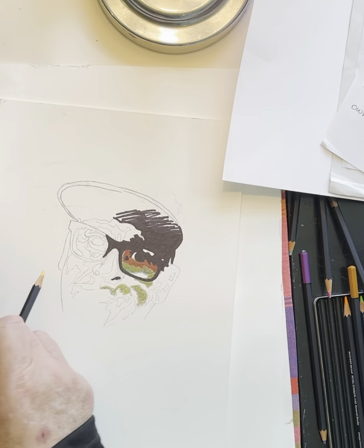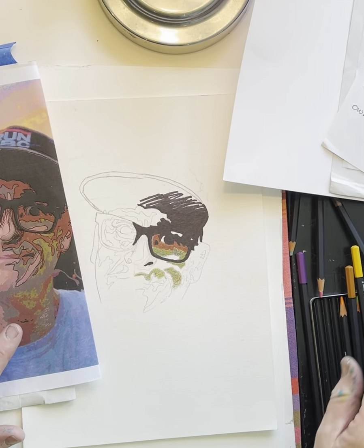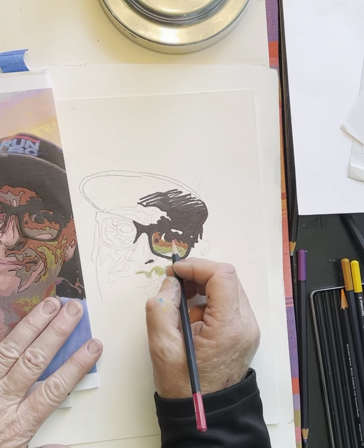I'm going to jump in here and try and make this pink now. And I'm going to do that with just putting this ever so lightly in there. The white colored pencil is missing from my set here, but...